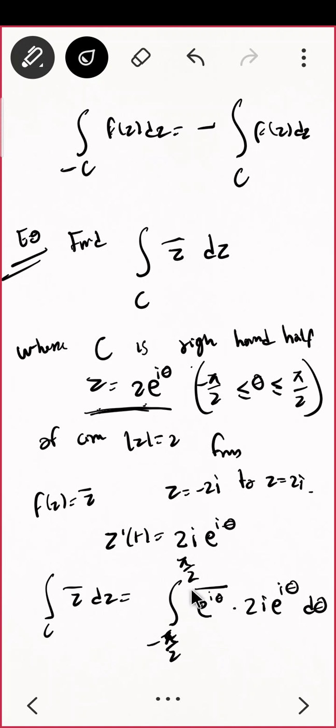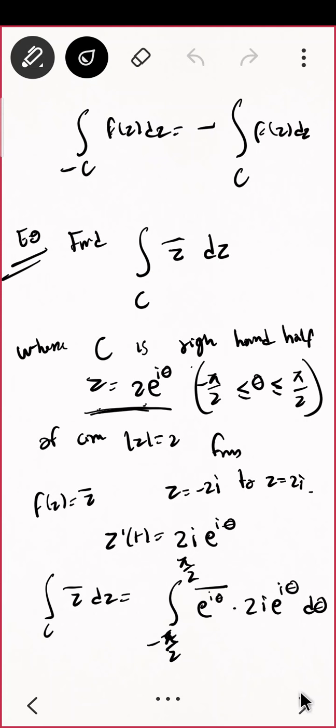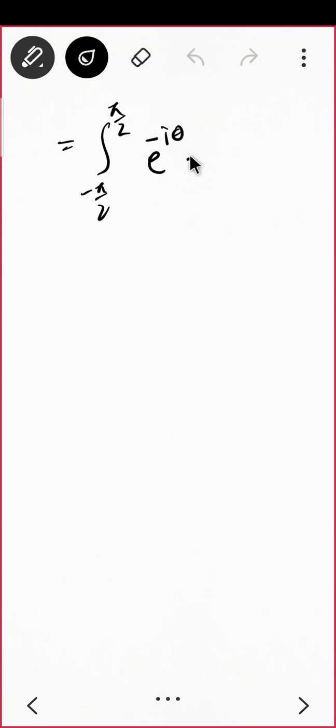So what is e raised to i theta bar? That is e raised to minus i theta. Let us do here, from minus pi by 2 to pi by 2. This will be e raised to minus i theta multiplied by 2i into e raised to i theta. So this cancels, it will be 2i. Correct? What is that? Mm,